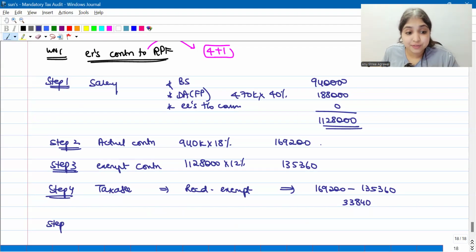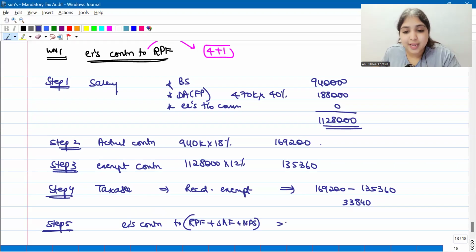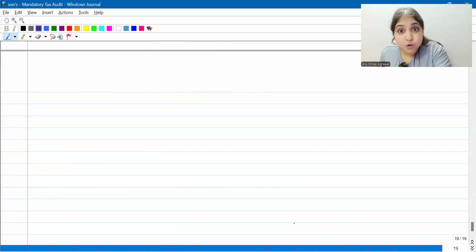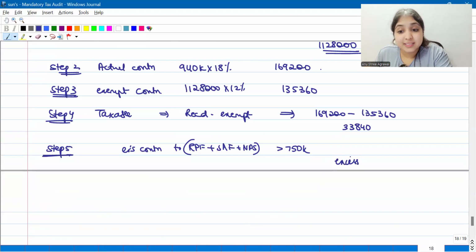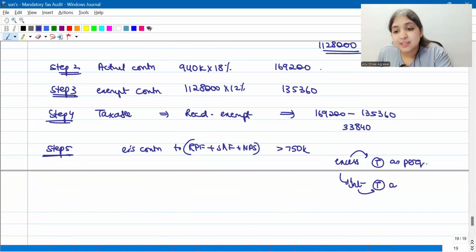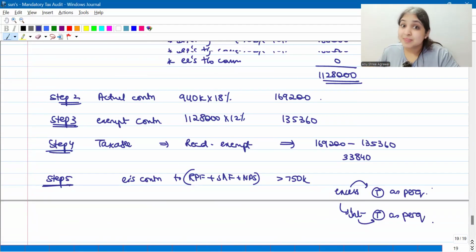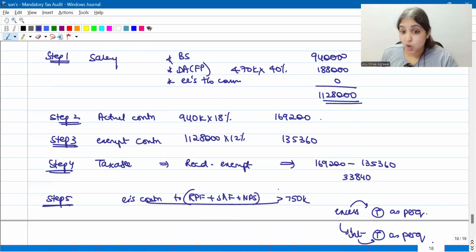So what is this 5th step? This 5th step is, I will see what is employer's contribution to RPF plus superannuation fund plus NPS put together. Is it more than 7,50,000? If it is more than 7,50,000, then whatever is the excess will be taxable as perquisite. Then on this excess, whatever interest you have earned, even this interest will be taxable as perquisite. See here in this question, this point will not apply because the employer's contribution is only 169,200, which is within